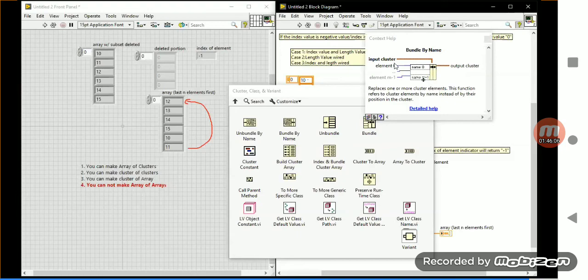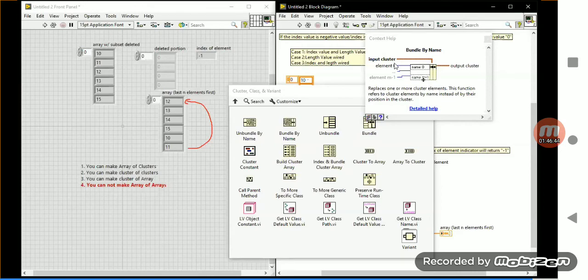If I give you a real-time example, in your academics you have some reference available, like the syllabus. Based on the reference only, we choose which one we want and which one we don't want. Same for student attendance: we have a reference available, with a register name, roll number, and department. With the reference only, I assemble the elements to form one cluster. In clusters, these are the four major functions.